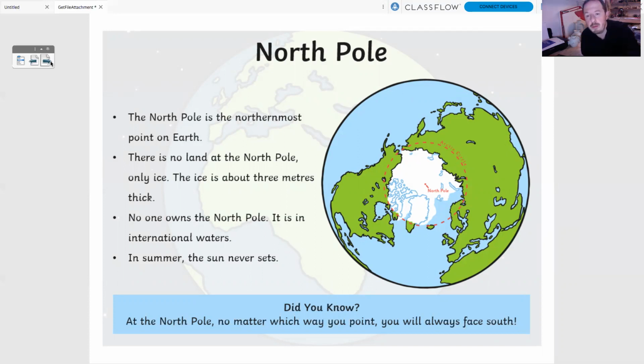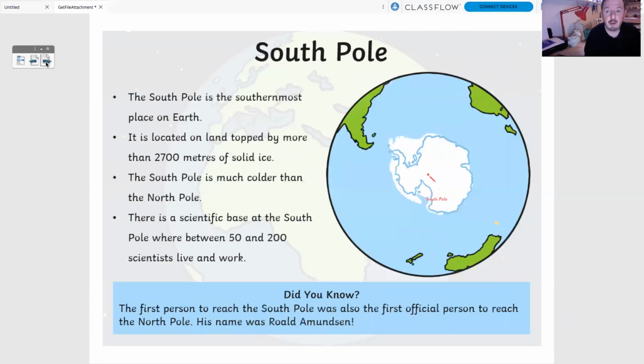And on the picture here, you can see the North Pole, the northernmost point, and you can see the dotted line, the Arctic Circle, one of the 5 major lines of latitude there. All right. The South Pole is the southernmost place on Earth, and it's located on land